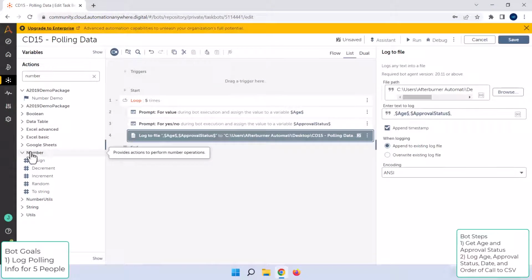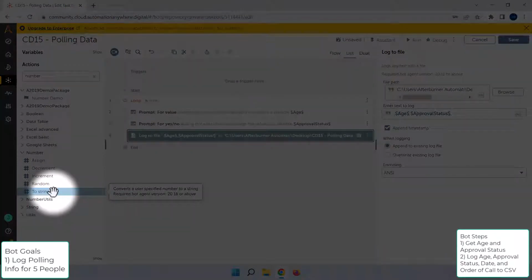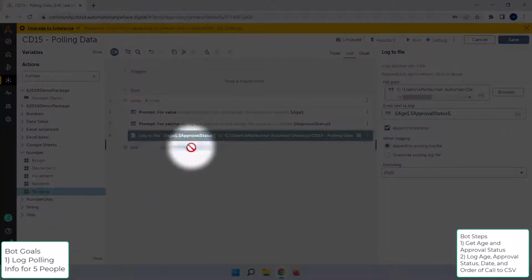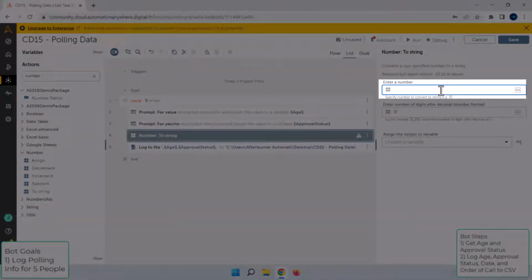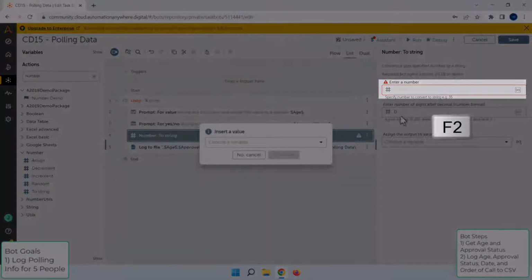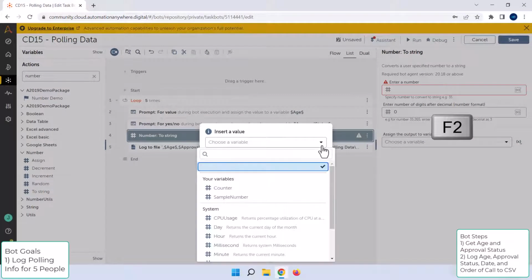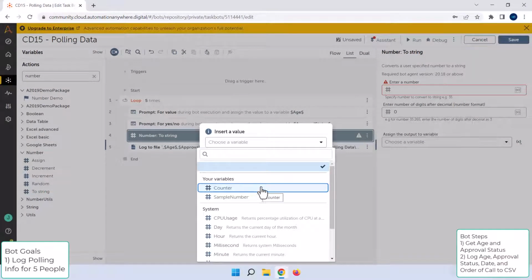The last command in here is called toString, which sounds like what we need, so let's grab that command and put it just before our log to file command inside of the loop. This command converts a number variable to a string type variable, so in the enter a number field, let's press F2. This time, we'll see our counter variable in the dropdown, but not age or approval status, and that's because